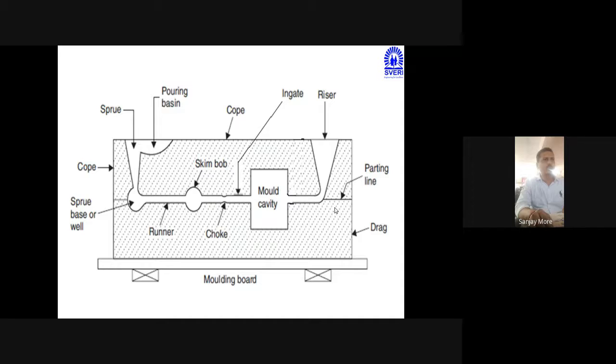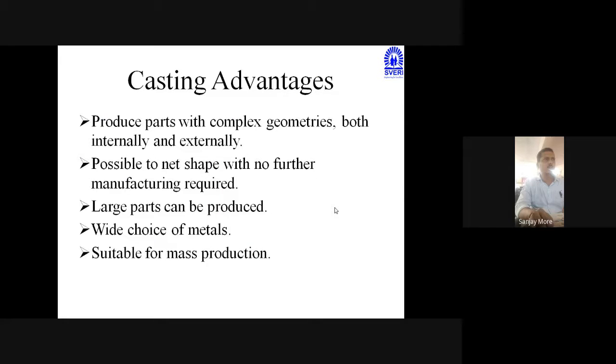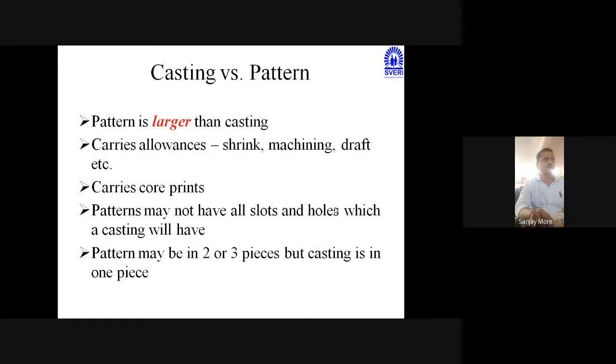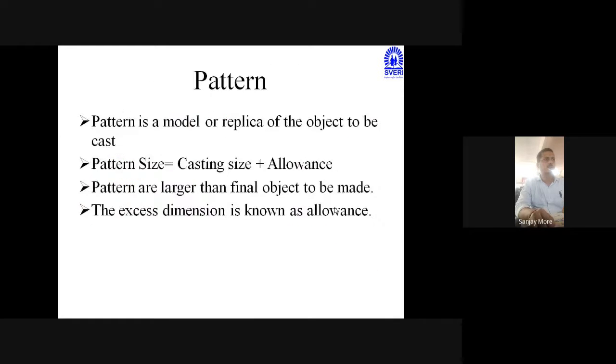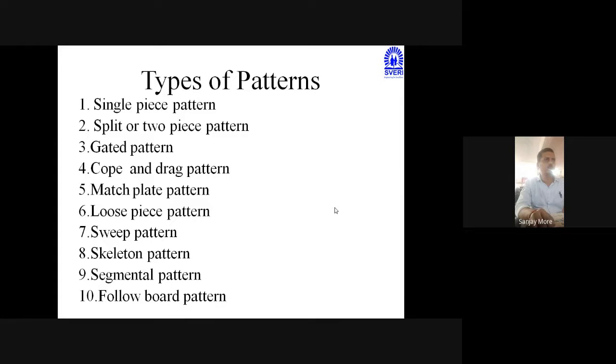This is the detailed diagram where the actual casting process is carried out. Okay. This is the advantages of casting, disadvantages of casting, difference between casting and pattern. Also see the function of pattern. Pattern is a model or replica of the object to be cast. Okay. Then types of pattern, here 10 types of pattern: single piece pattern, split or two piece pattern, gated pattern,